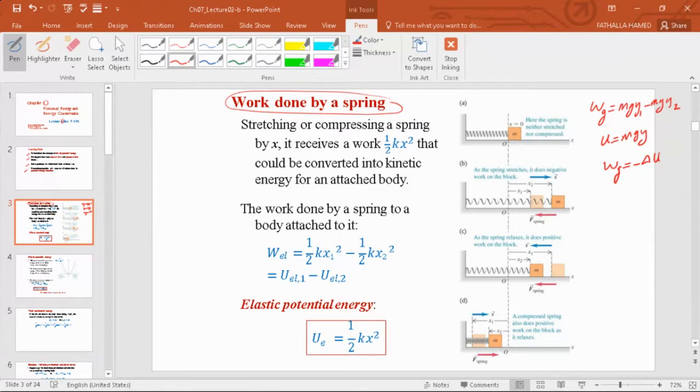In today's lecture, we're going to take a case when the force is a varying force,